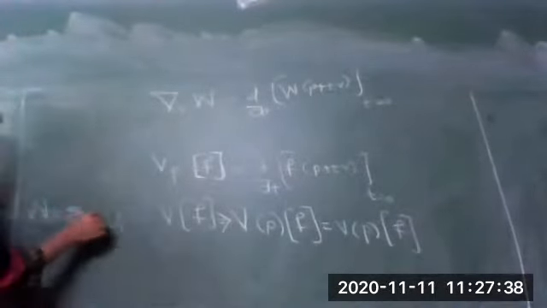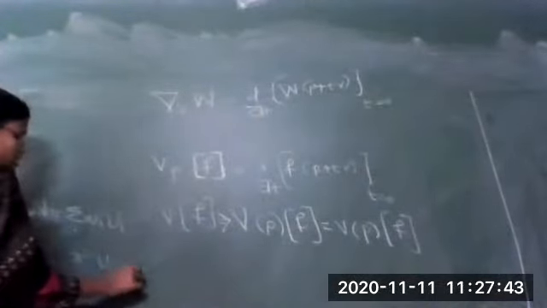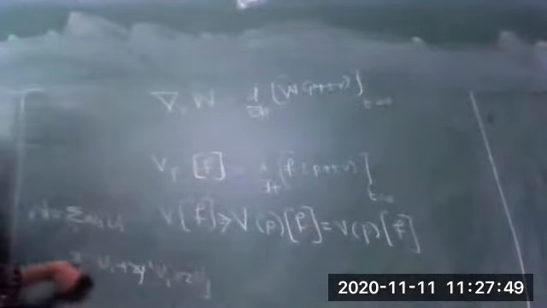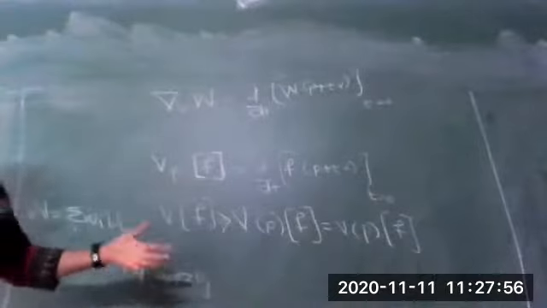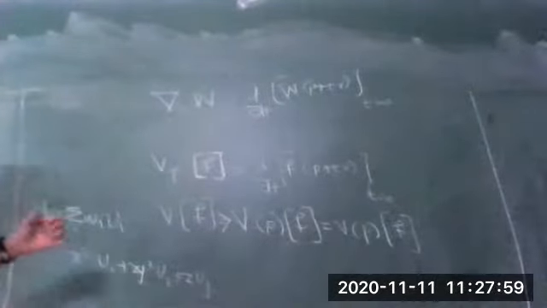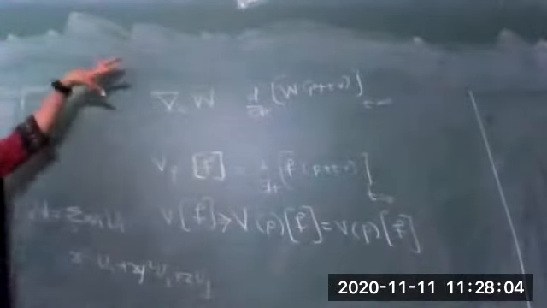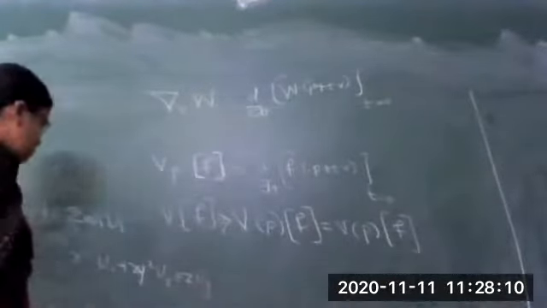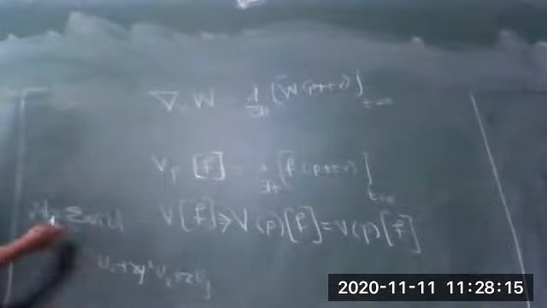So what are those Wi? If you remember, we solved an example like x square u1 plus y square u2 plus z u3. Those Wi are nothing but x square, y square and z. This is w1, w2 and w3. All these are real valued functions. So if you want to find the rate of change of those real valued functions, then this definition of a covariant derivative reduces to our directional derivative. So finding the covariant derivative is equivalent to finding the directional derivative, but it will be the combinations.